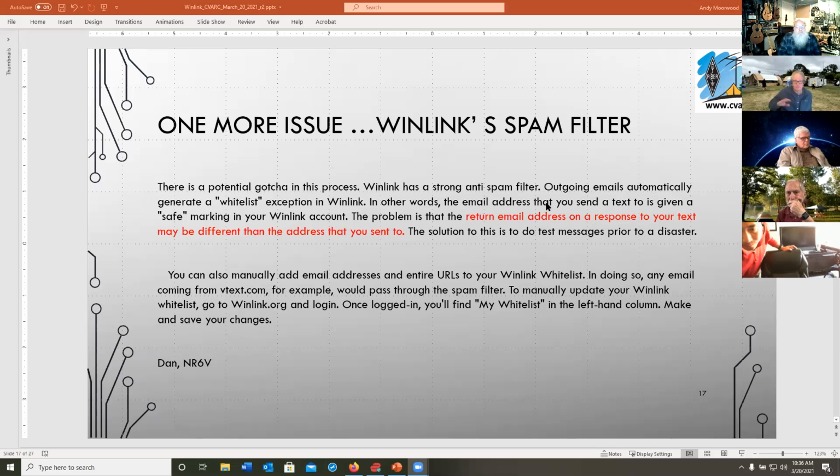And so how do you get around that? Well, if your whitelist is like your safe list, any address that you send a message to gets onto your whitelist, or you can go in and edit your whitelist in your account settings and set up, accept these addresses. Now, one of the issues which I wasn't aware of, but I picked this up,